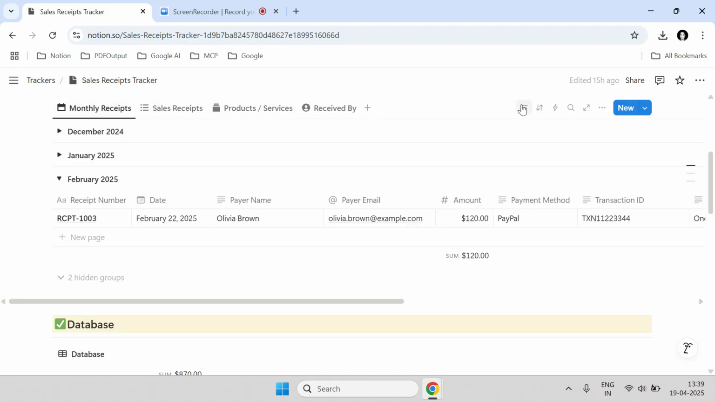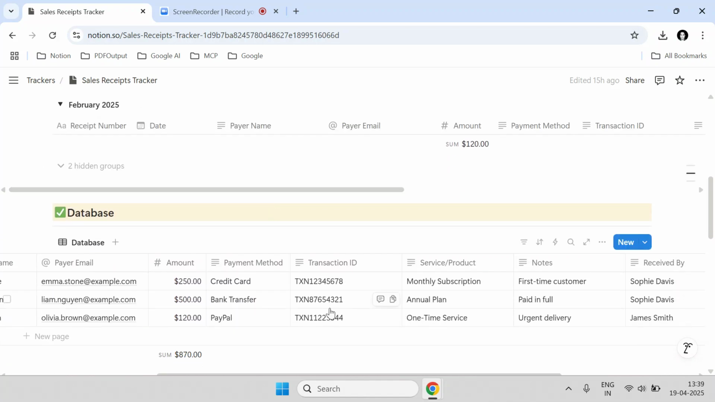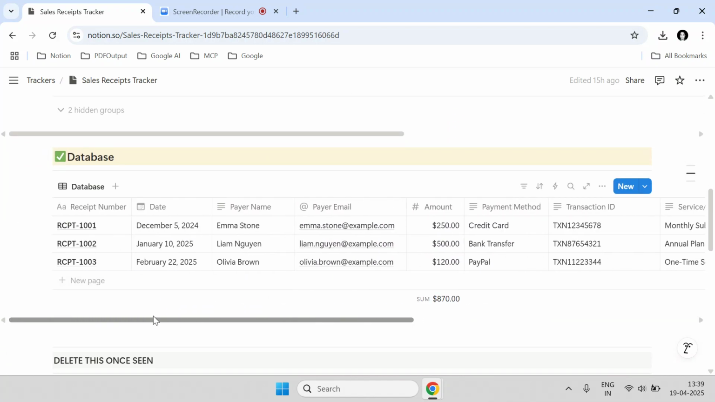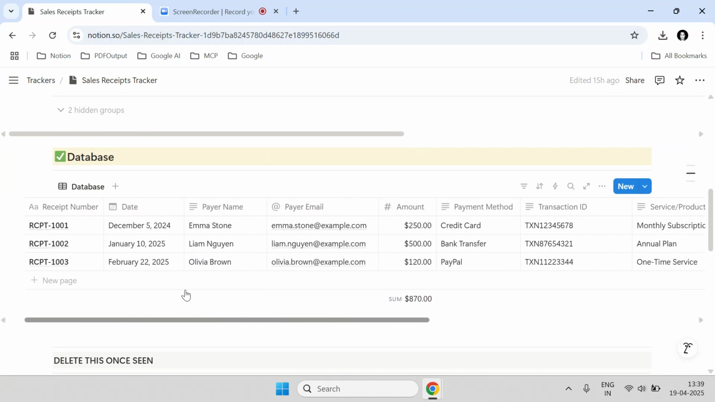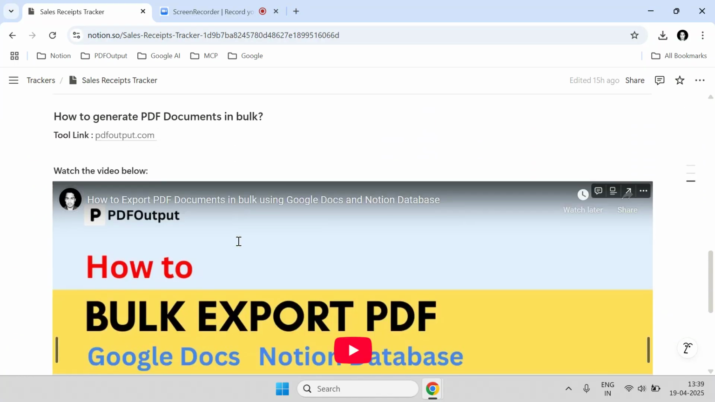You can also define your own views and add more customization to this. But this is a sample template which will help you keep track of all the sales receipts documents that you're generating in a business. Besides this, I also want to highlight that if you're looking to generate PDF documents in